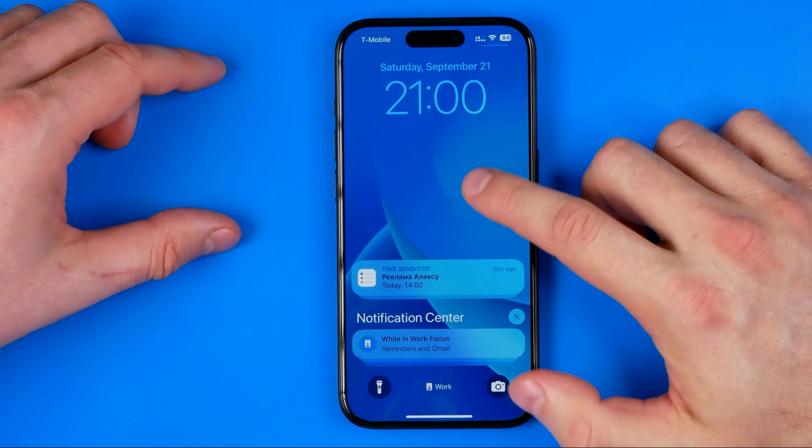In this video, I'm going to show you how you can easily add weather to the lock screen on your iPhone. Be sure to watch the video to the very end so you don't make any mistakes. Let's get started, guys, and first off, just swipe down from the top of the screen to head over to